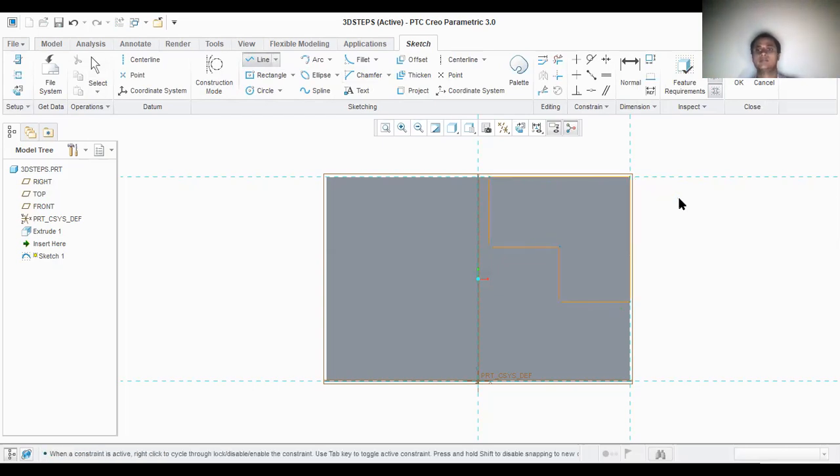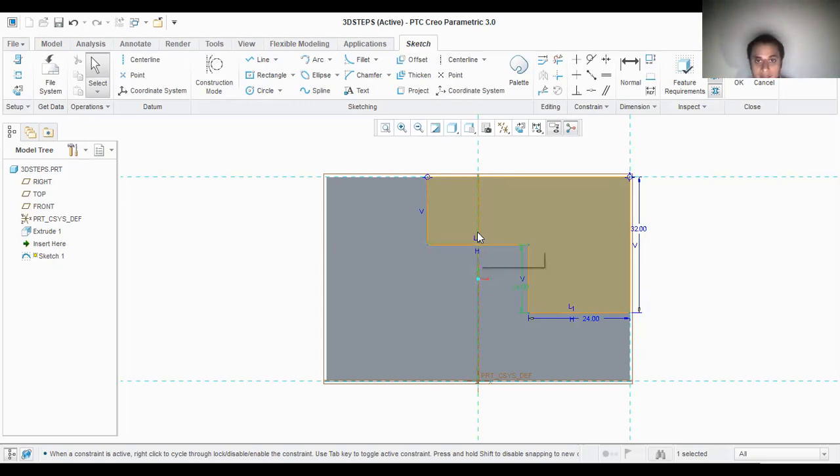I'll click on escape, and again I'll click on escape. Two times I need to click escape so that I'll get the actual dimension. So this width comes as 32, 16 plus 16, and the height, so total 32, and this dimension will come as 24, and enter. And this dimension again it will ask, this vertical will be 16, so automatically it will be 16, no need of giving the other side.